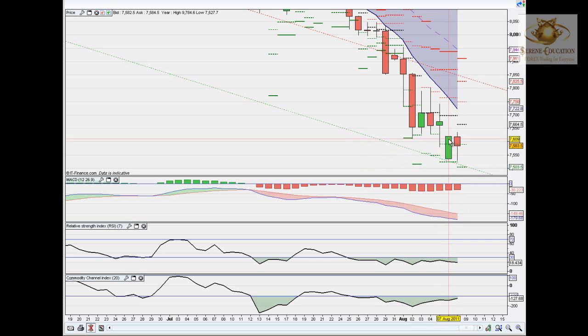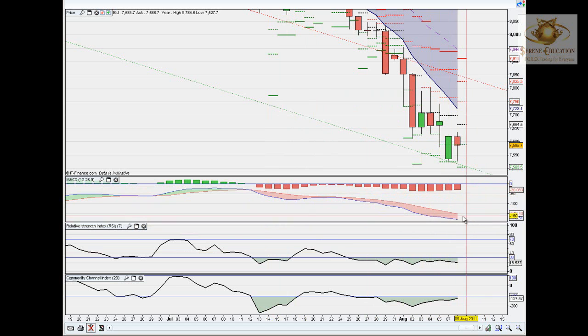So we've tested the bottom of the low of this candle here, and then we've seen a bounce at the upside. The relative strength is well oversold, and so is the CCI indicator. MACD, notice these blocks are moving inwards, showing that a slowdown is occurring on MACD, and we can see that the